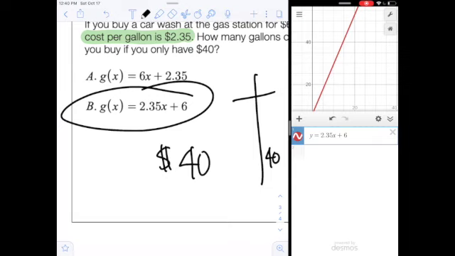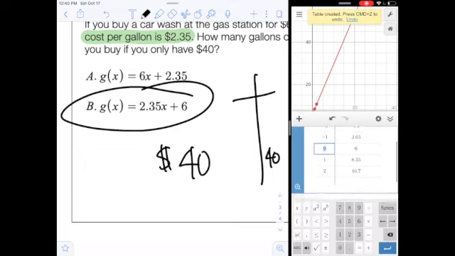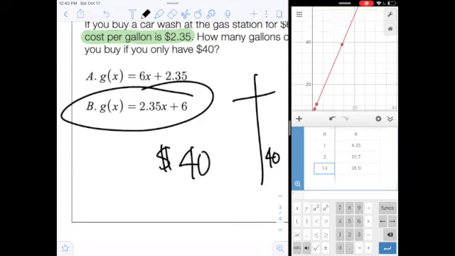So our gallons of gas is going to be up here at 40. So that's going to be kind of around 14 gallons, right? Around 14 something. So let's pull up that table. Okay, so this is not going to really help us, right? So let's plug in a 14 over here. 14 gallons would be